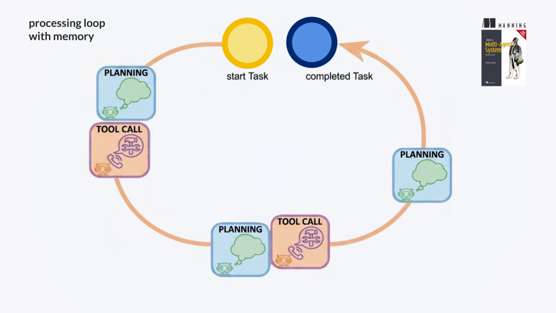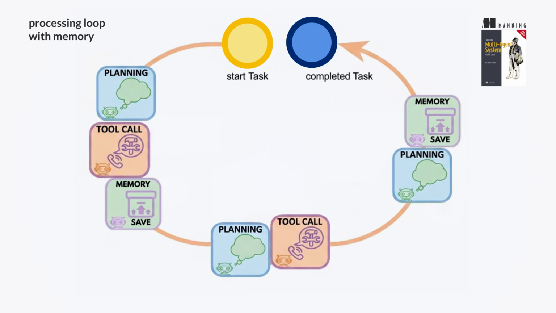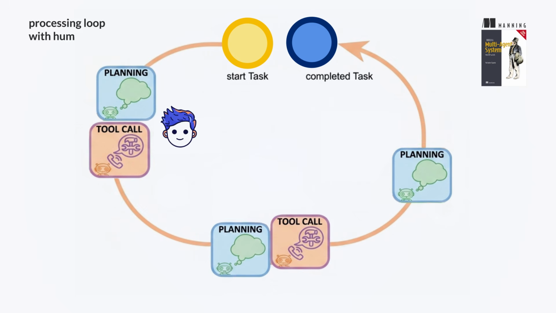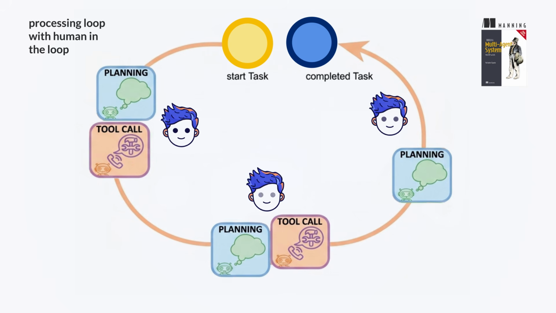Practical agents need enhancements. Memory stores earlier execution details and loads relevant pieces into the future context. Human-in-the-loop design adds review at critical points. It can prevent cascading errors, but it also pauses execution.